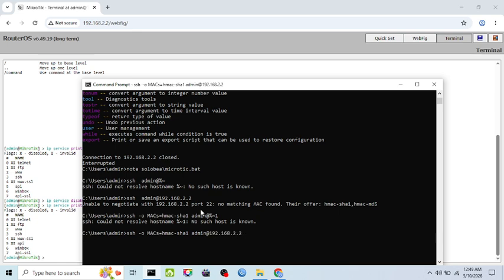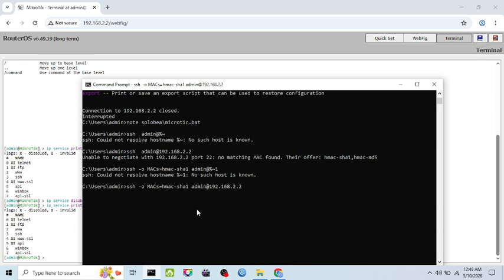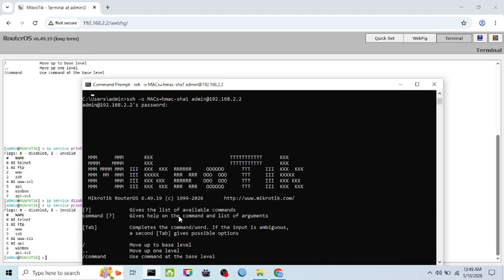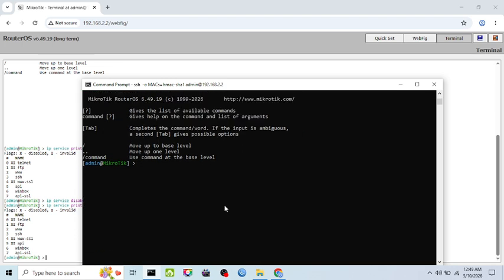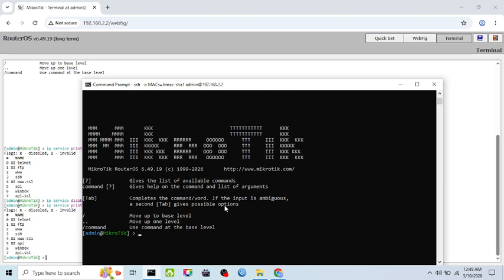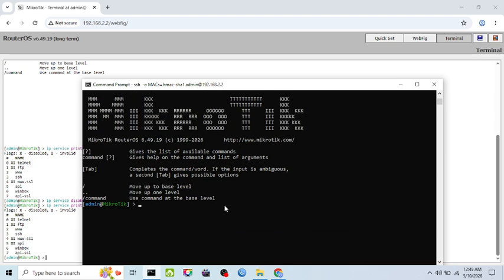Can you see? This is going direct to ask my password. That is, I can log in. And if I switch to the terminal,